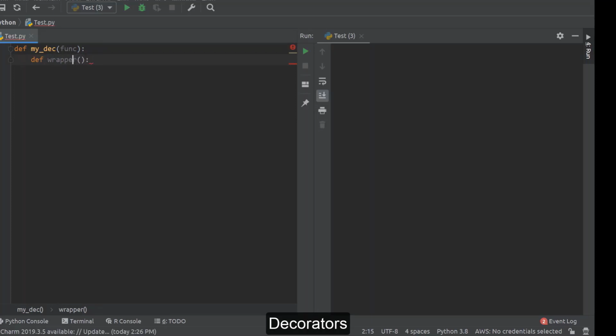Wrapper is the function which actually carries out that decoration. Before the function call we print a statement, say, before function call. Then we actually call the function which we are decorating, and then we print after function call. Then we return this wrapper function from the decorator function.